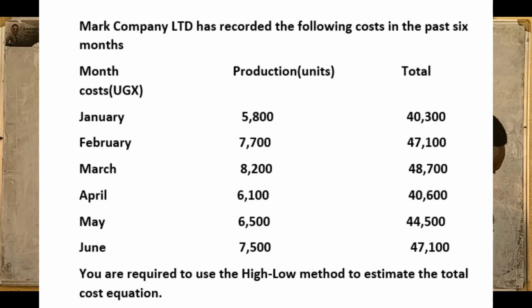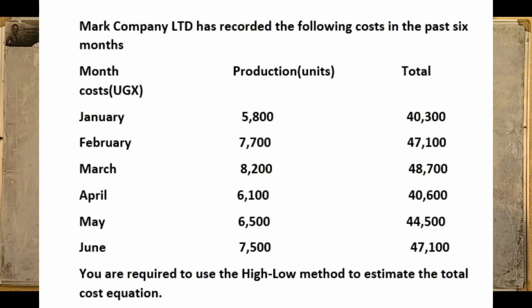In April, 6,100 units and total costs of 40,600. In May, 6,500 units and total costs of 44,500. Then in June, 7,500 units and total costs of